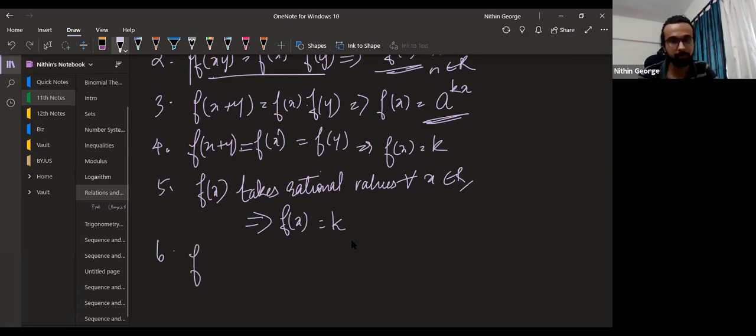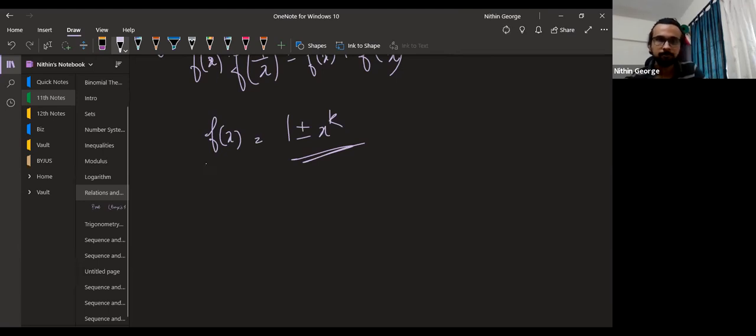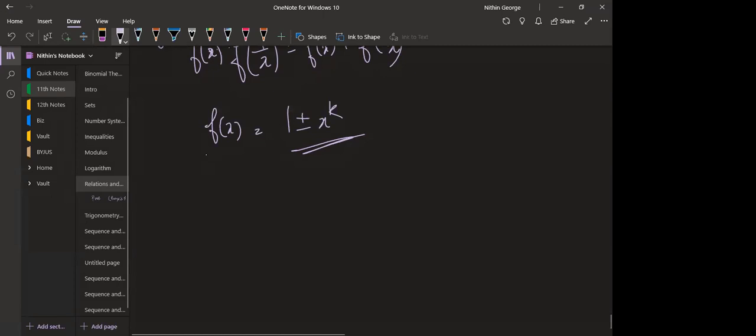And this is also pretty common. Please remember this. F of x into f of 1 by x equal to f of x plus f of 1 by x. Then it means only one thing. Okay, one of two things actually. F of x equal to 1 plus or minus x bar. Okay. So this is the idea here. Any doubts? Sir, can you scroll up? Yes, one second.